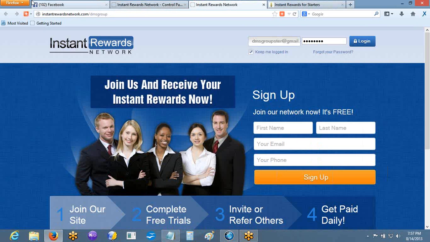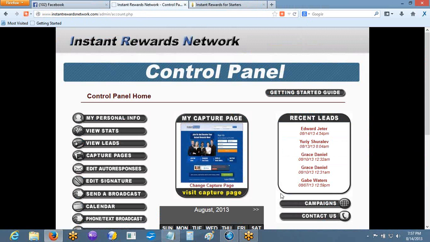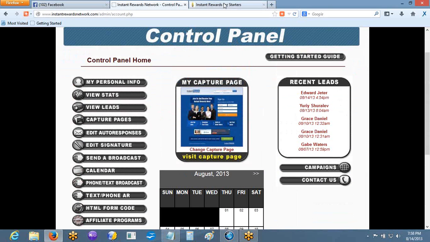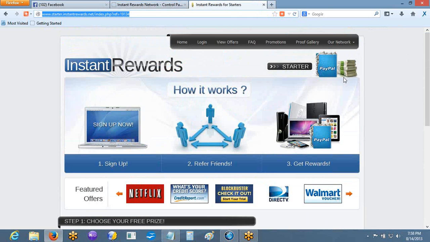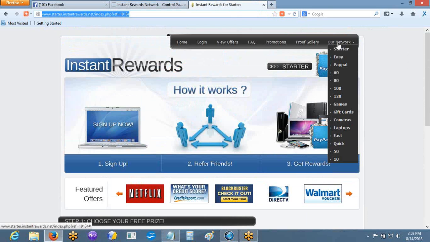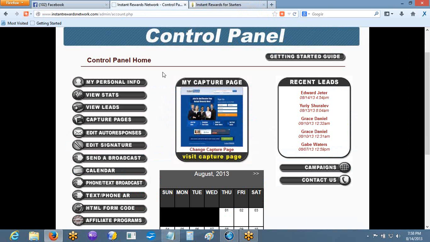So when people go to your advertising link, this is what they'll see. You can change that around, test. You can change up the test, all right? Once you have your registrations done over at the offer sites, if you've already signed up and registered on one, you can extend on the rest of them. Once you log into Instant Rewards Network and you get into the back office,